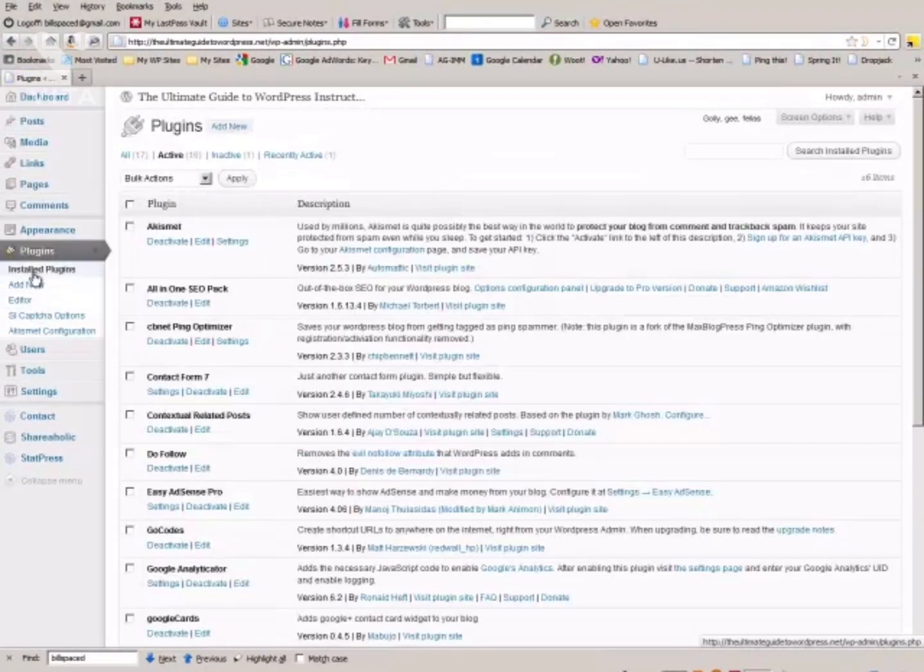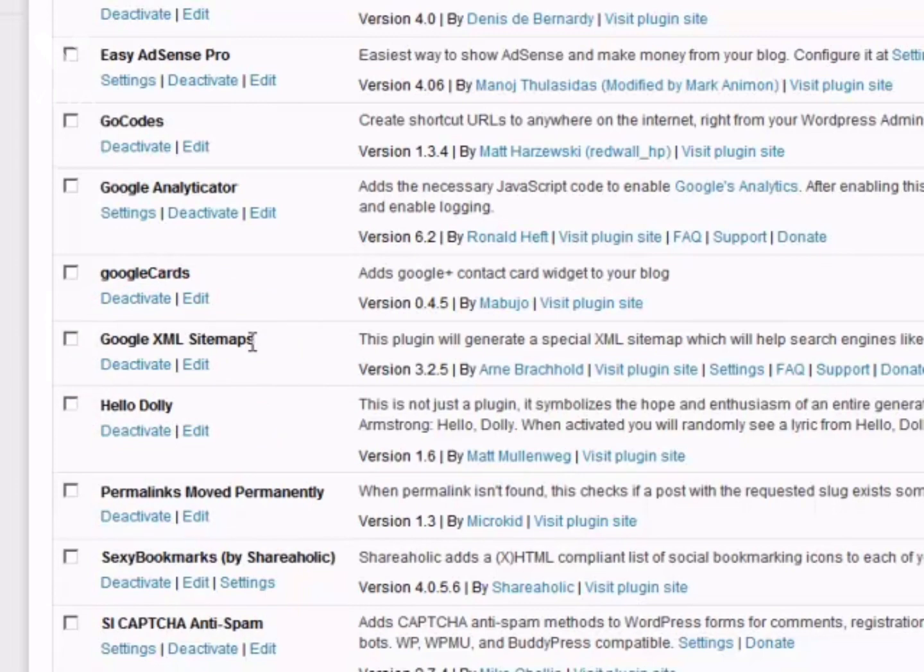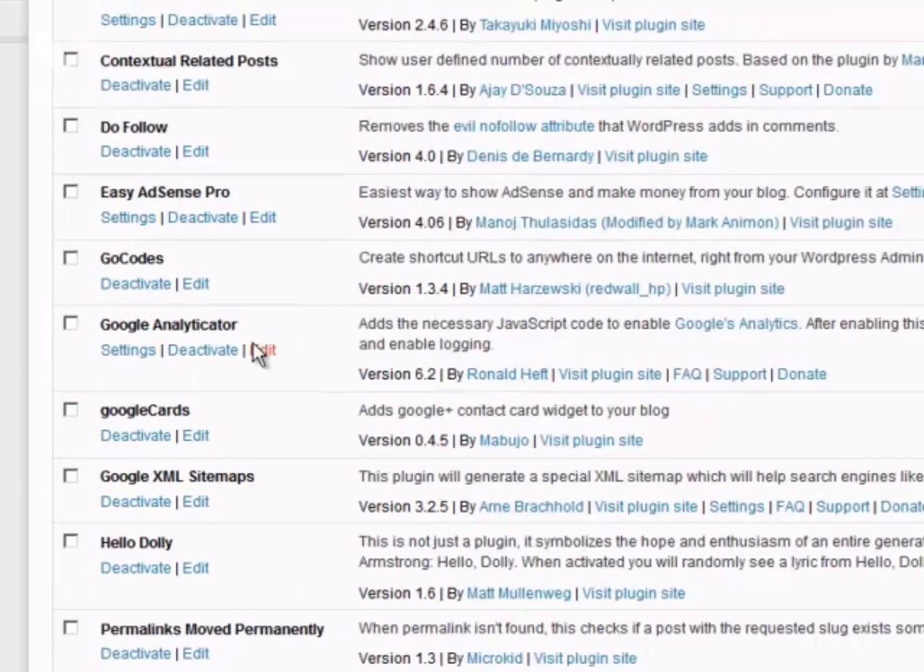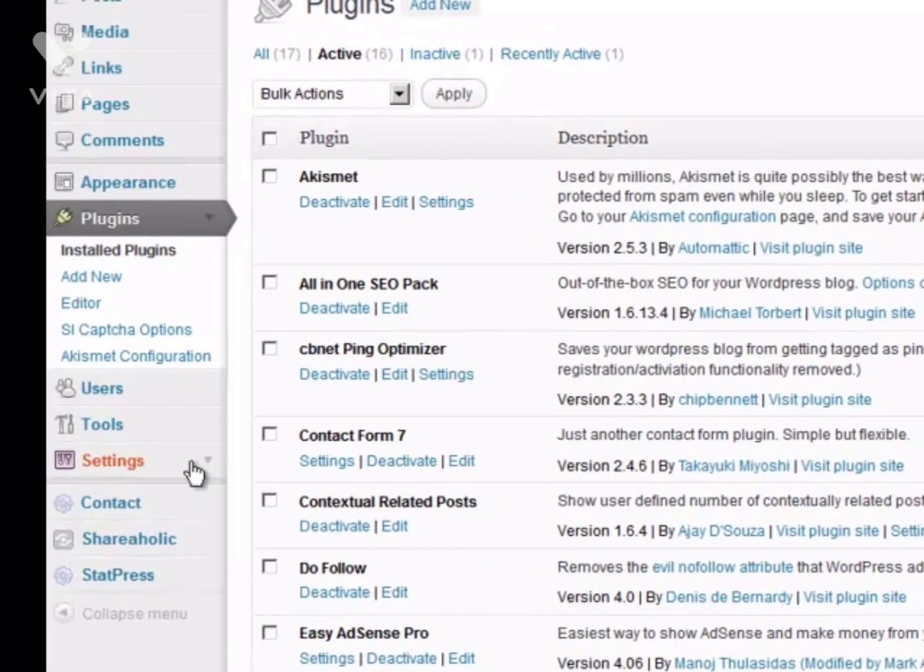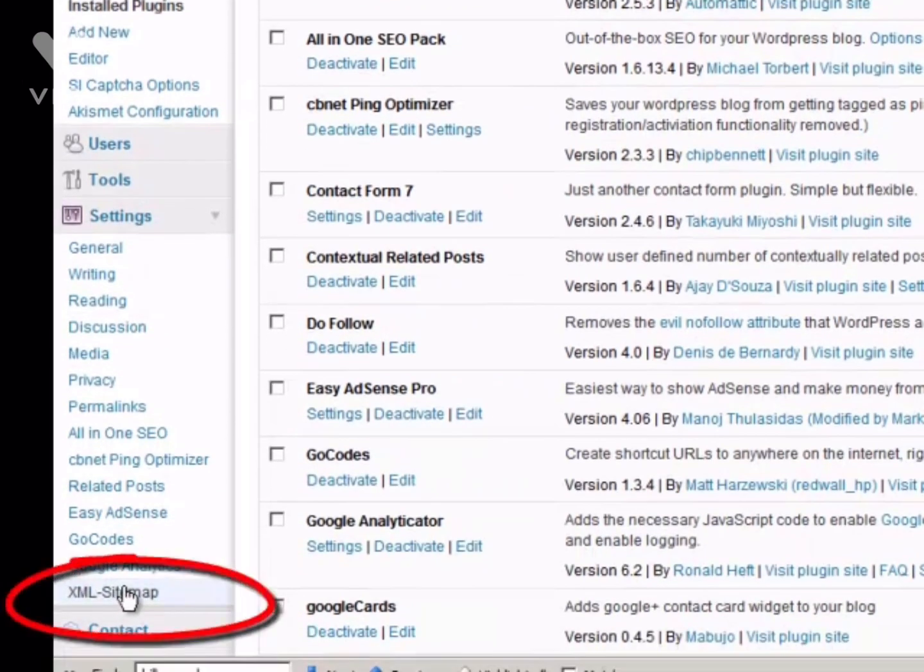So let's go to plugins and just make sure that the plugin we're looking for has already been installed, and it's called Google XML Sitemaps, but it's not necessarily just for Google. Alright, so let's go down to Settings and then go all the way down to XML Sitemap,